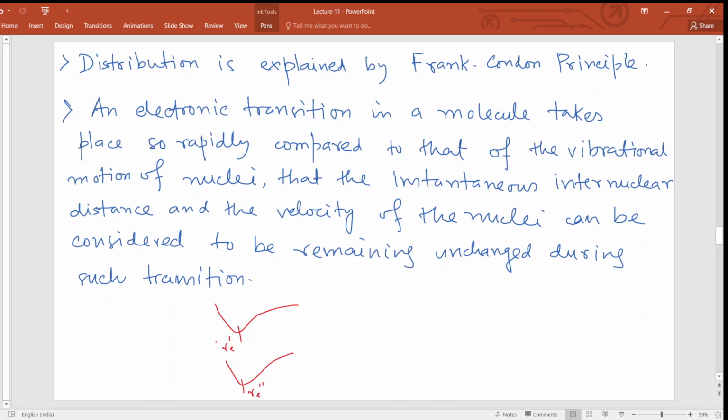So this is one level, and this is the other one, and if there is an electronic transition happening between these two, say from 1 to 2, then as we have seen, there are all these quantities involved like delta T plus delta G plus delta F. Delta T we have already defined, but in delta G there will be the motion of the nuclei. So essentially what we are saying is that the R values didn't change much during this course of action.